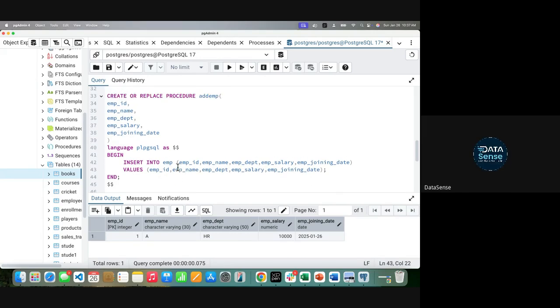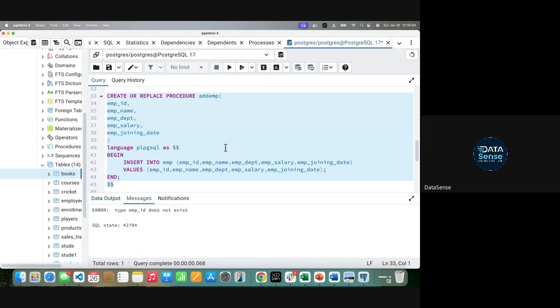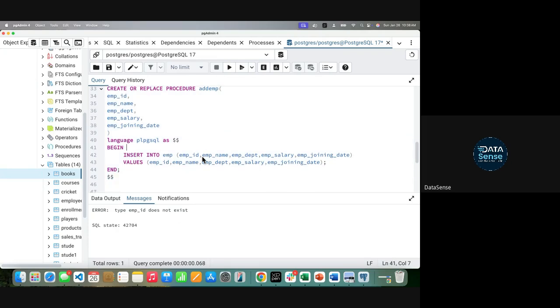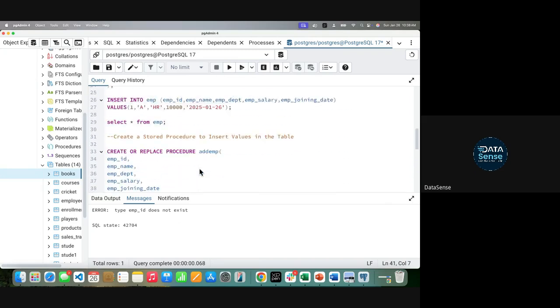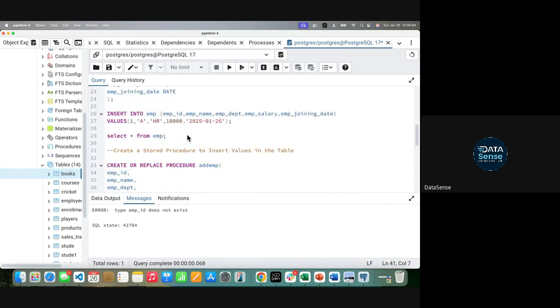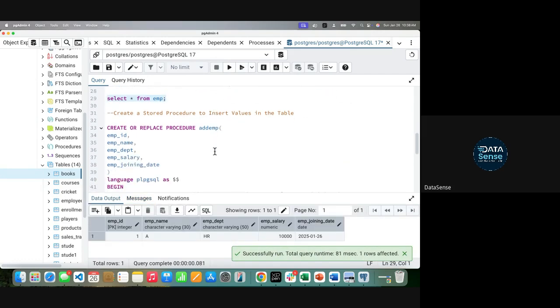So what will I do? I will now run the procedure. Let's see if it runs. Employee ID does not exist. Where am I entering this? What is the table that I created? Select star from EMP. Okay, add employee.